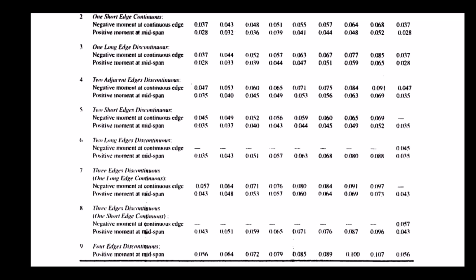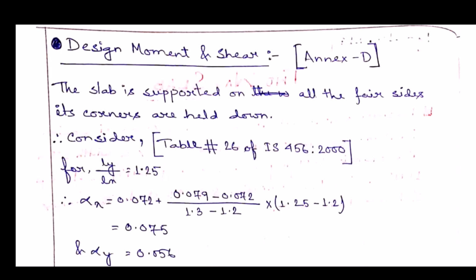Okay. So let's go to the problem. In this case, the support condition is not given in the question. So we may consider the slab is supported on all the 4 sides and its corners are held down, as given in the question. Therefore, we have to consider